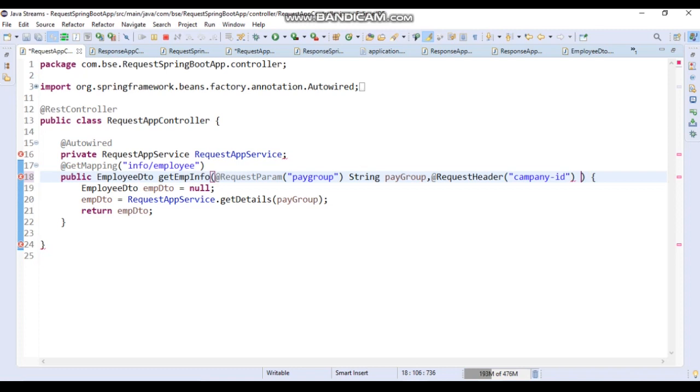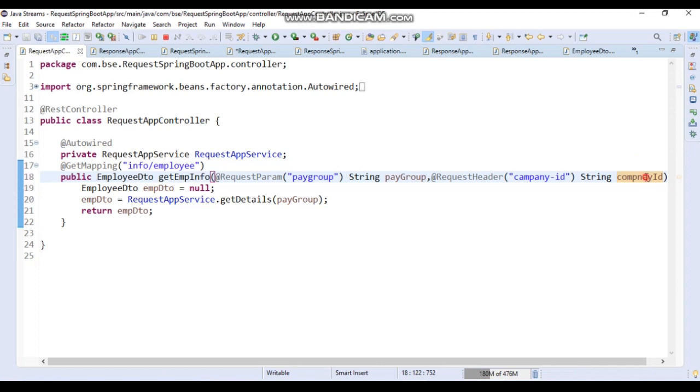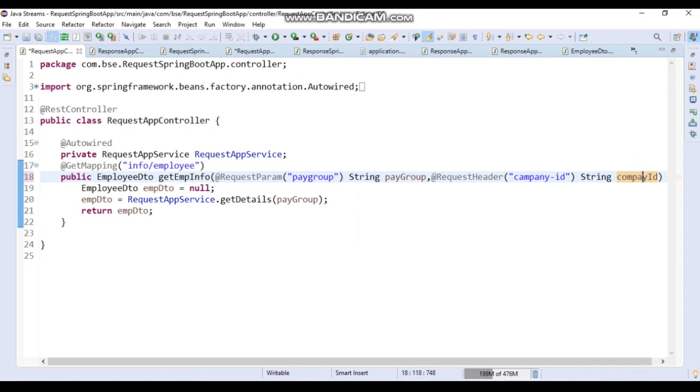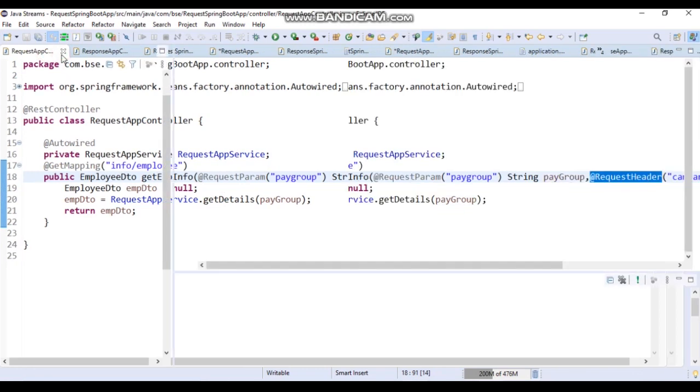Then we will collect that in a String companyId. Then I will use this company ID. I need to pass this company ID as a header parameter to hit this request.